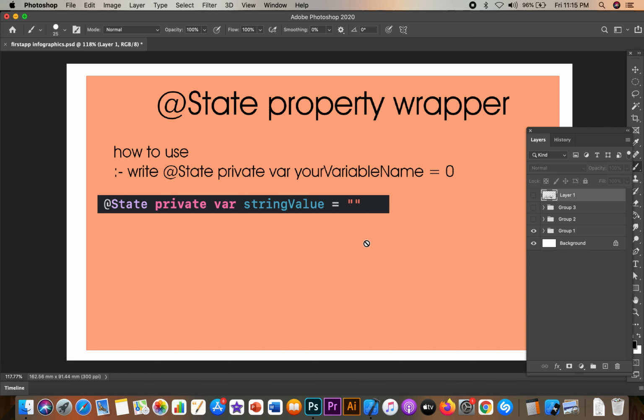So this is essentially the state property wrapper, and now we will jump back to our code and I will tell you how